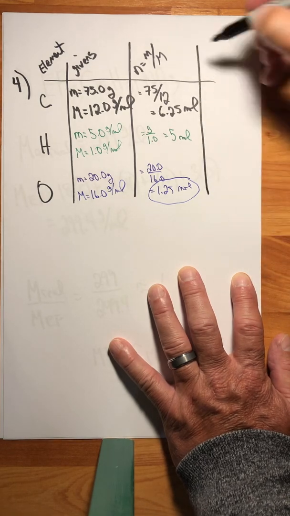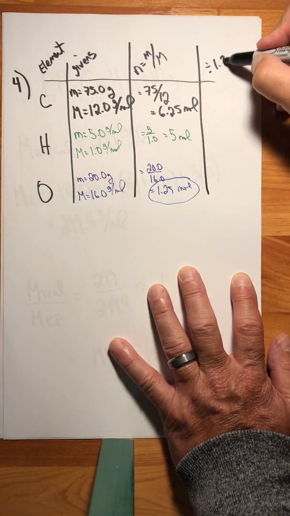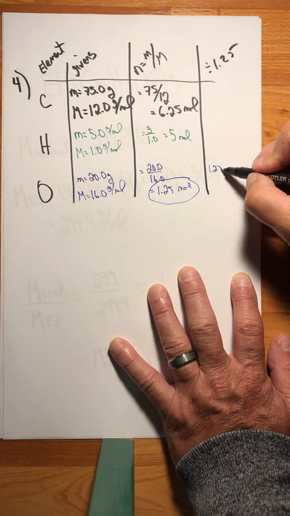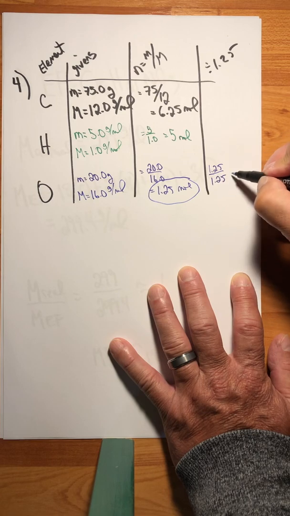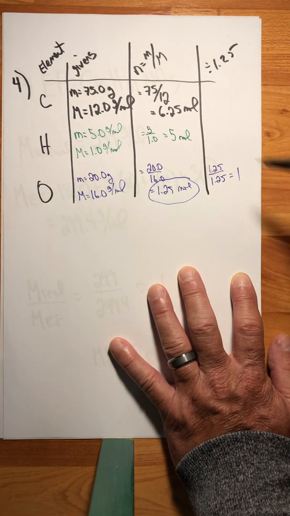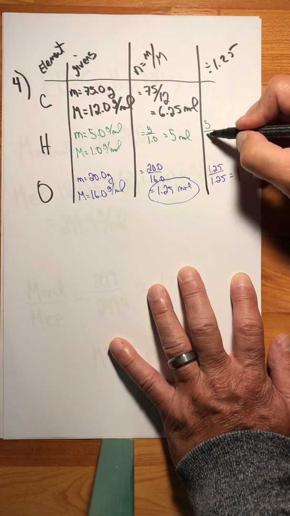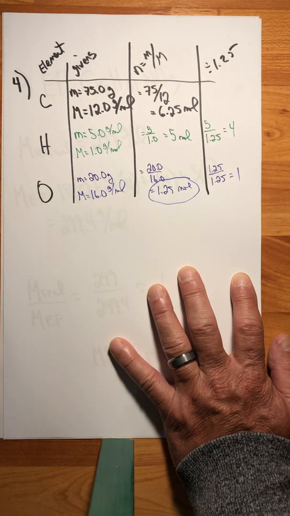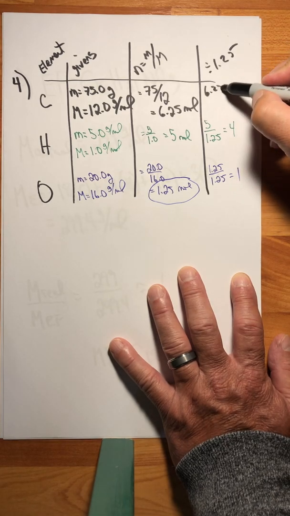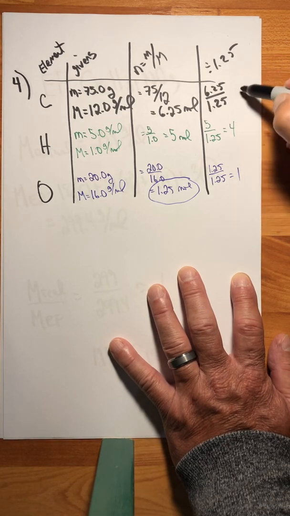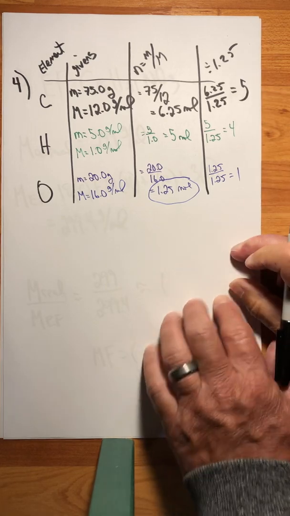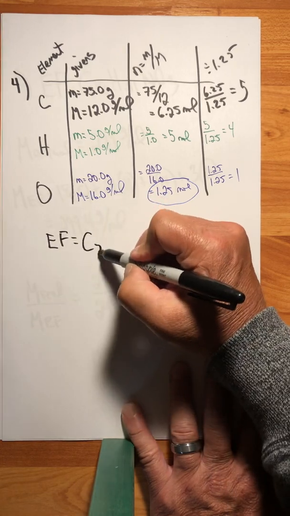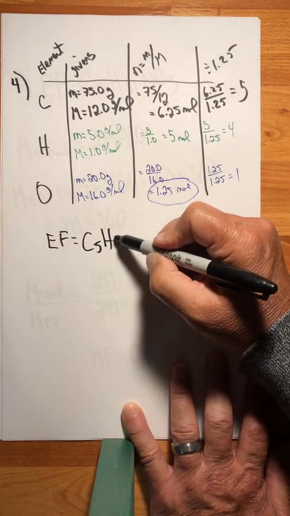So this is the smallest out of all of them. So in my final column, I'm going to divide by 1.25, which is my smallest one. So I can do that right here. 1.25 divided by 1.25. That's simple. That's 1. 5 divided by 1.25, and that's going to be 4. And then if I get 6.25 divided by 1.25, I get 5. So that means my empirical formula is C5H4